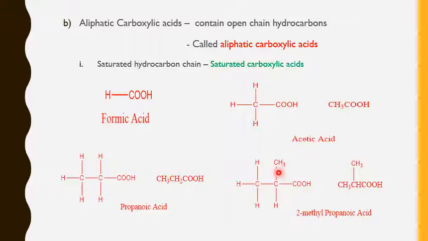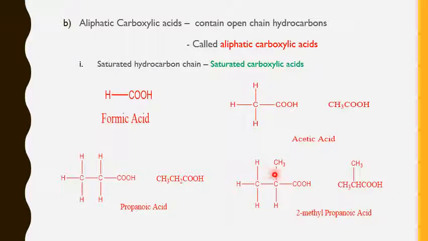So here also you can see that the CH3 group doesn't contain any unsaturation, because the moment I say it is CH3, that means it already has 3 sigma bonds, and then the fourth bond is satisfied by the C-C sigma bond. Therefore it is completely saturated, and the remaining, as we have seen in the earlier example, are also saturated. Therefore this is also an example of a saturated carboxylic acid.